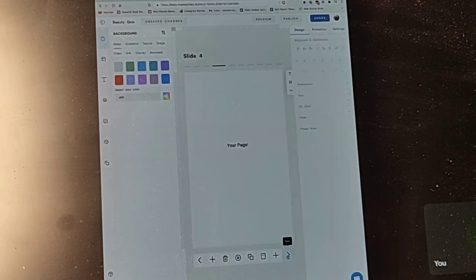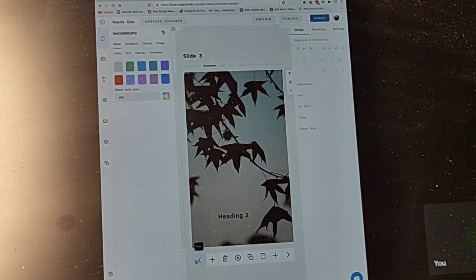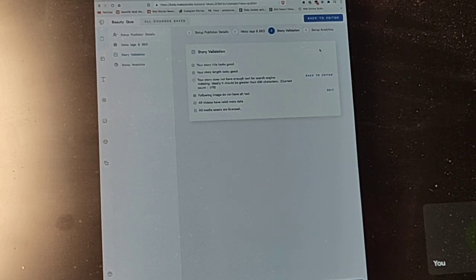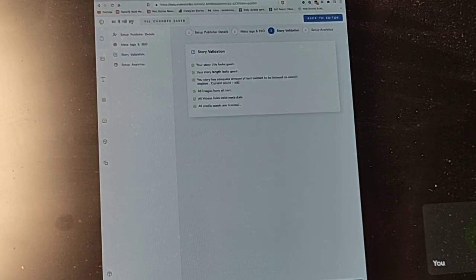If on any image this is missing, it will show this error. When you have put in all the text, it won't show this error, neither will the 500 character count error show. Now, since this story is completed, there is no error in this story.